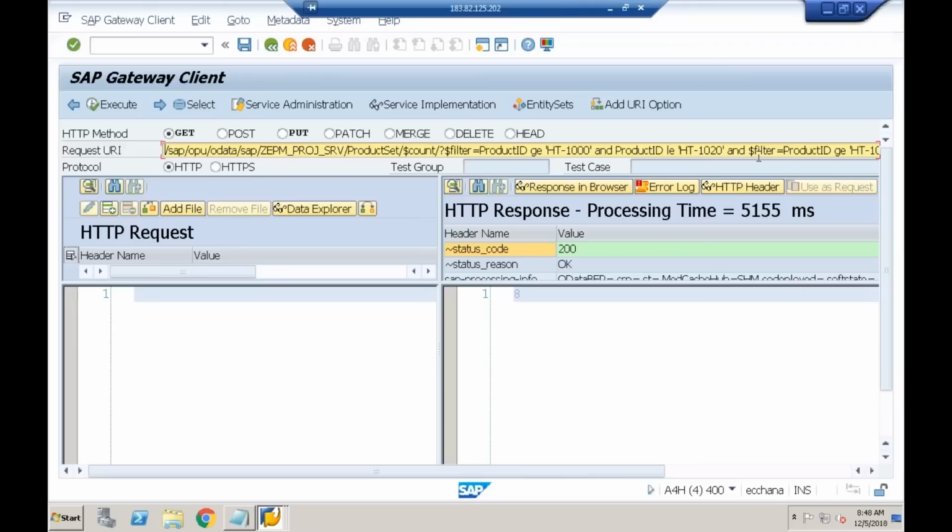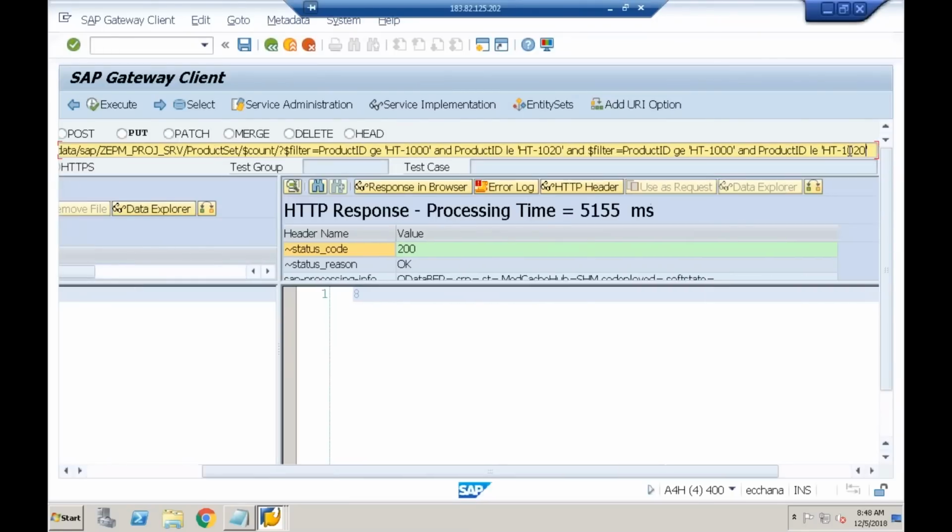Okay, so again I said $filter equal to product ID, let me give it as 1030 to 1040. I'm trying to give the request like this. Let me check whether it will identify this syntax or not. I'm just doing some R&D, trying to give multiple ranges. So when I execute,